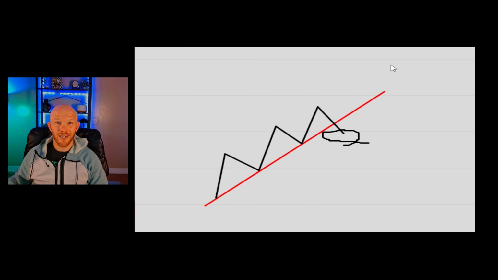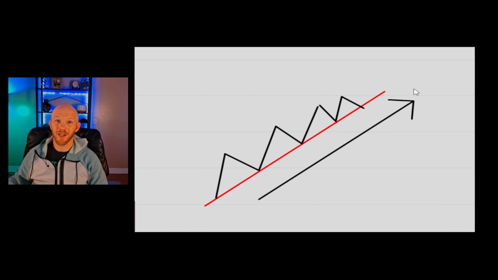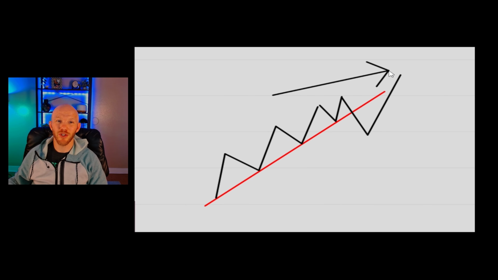That's because a trend is created by institutions. They are backed by billions of dollars, and if they're moving the market up, that is where they want to go, and it is not going to typically just reverse right out of the blue. But obviously it does have to end sometime, and the way that usually happens is that there is a break of the trend line. There's almost always one final push up to a new extreme, which in the case of an uptrend is a new high, and then the trend is over and we're likely to reverse.